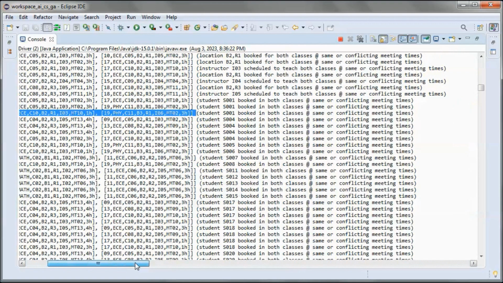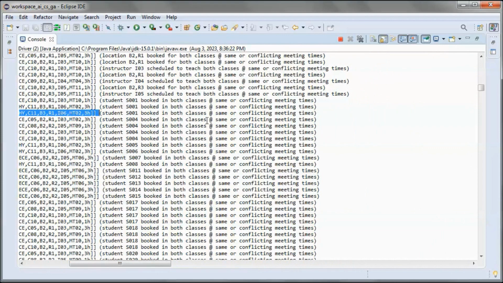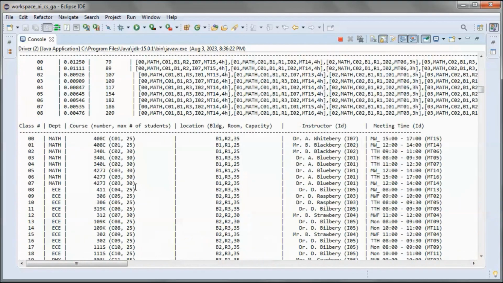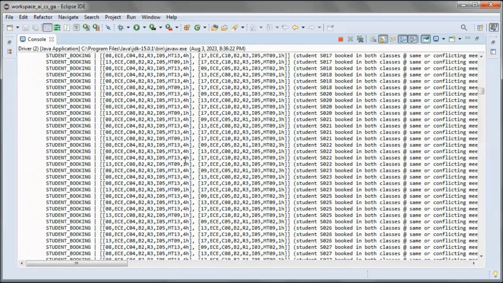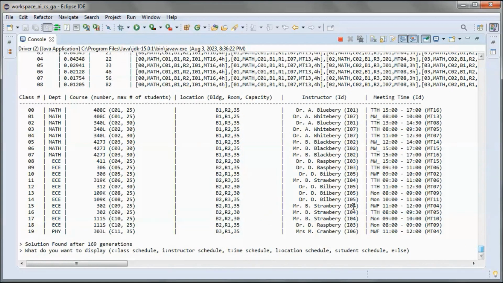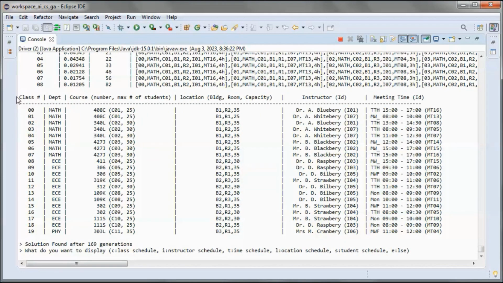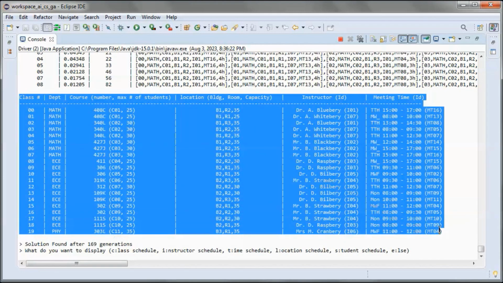So same thing, the student is booked in both classes at the same or conflicting meeting times. So we kept going until we found this solution with no conflicts.